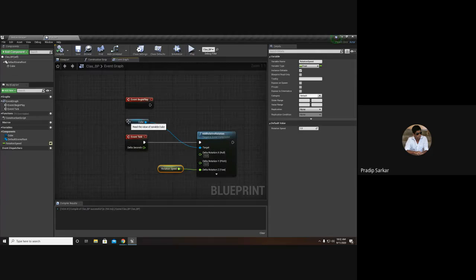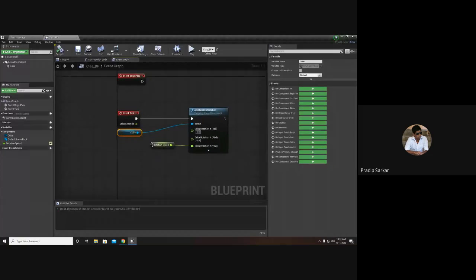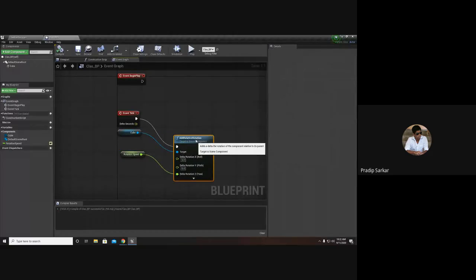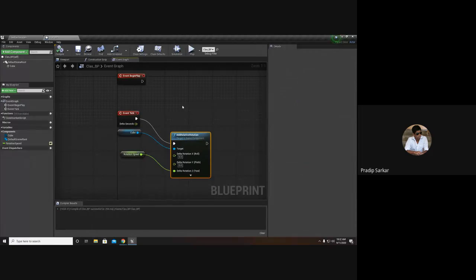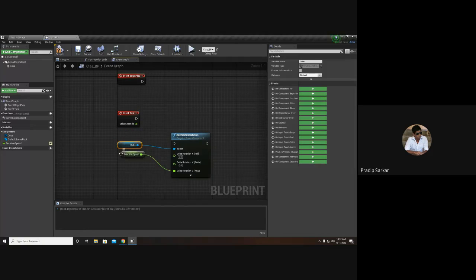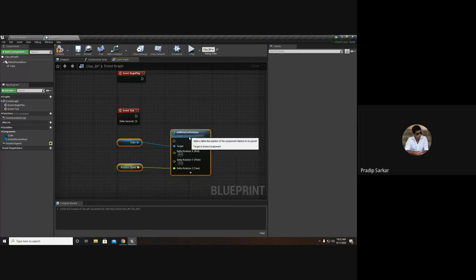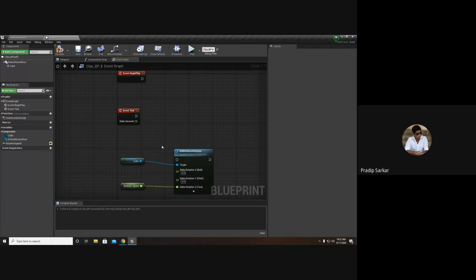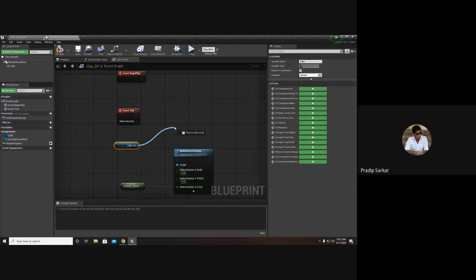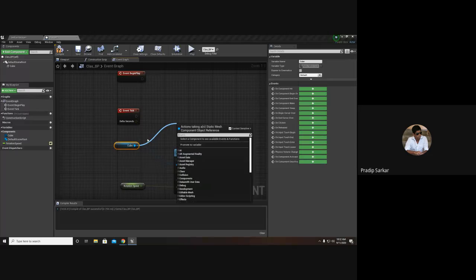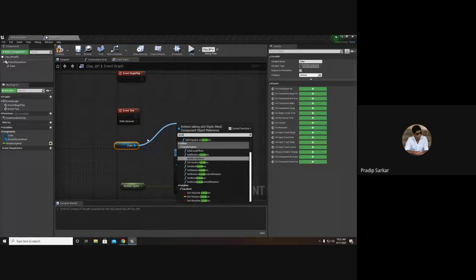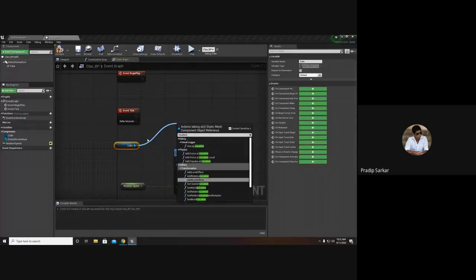So now you have understood the rotation. Next, how can I move this cube? From this cube reference, I will drag a node, location.